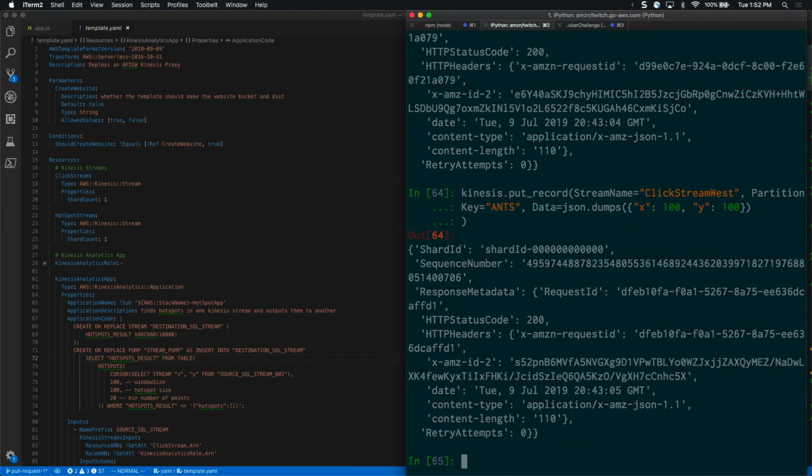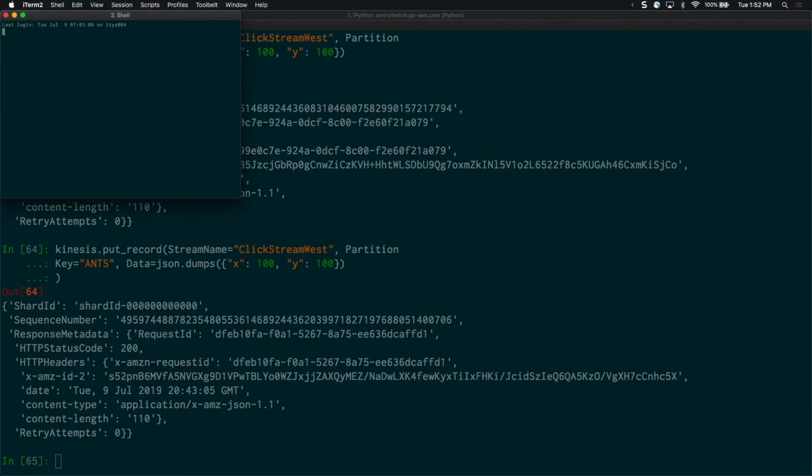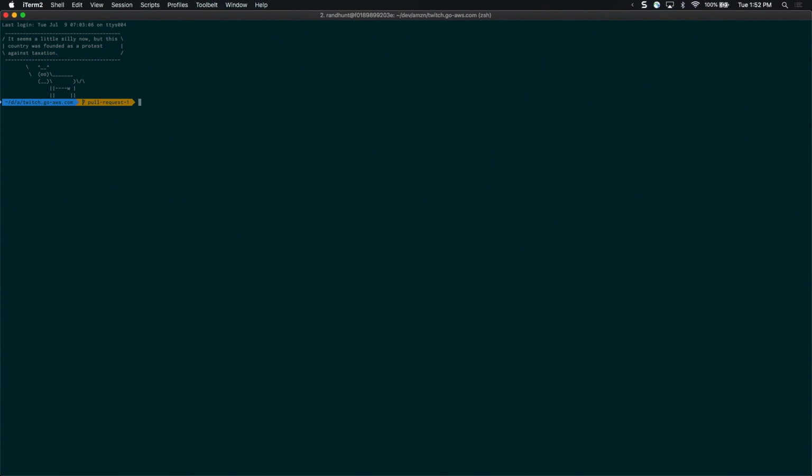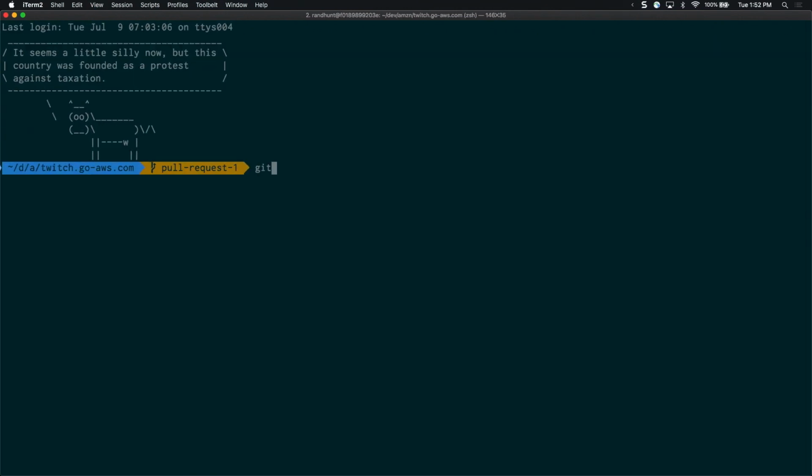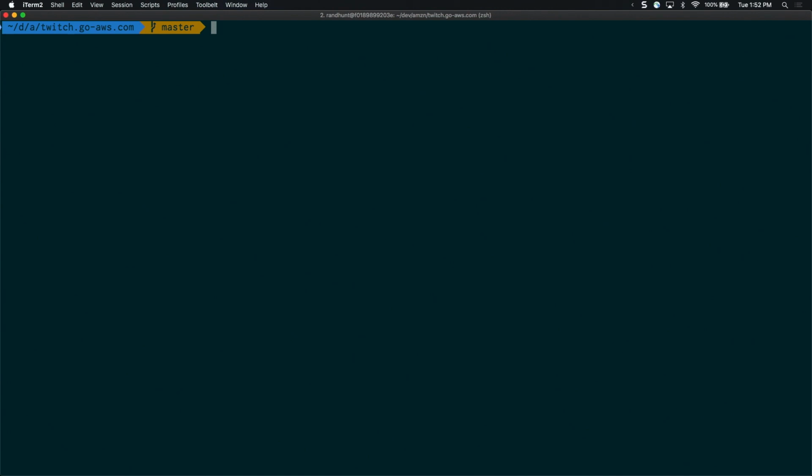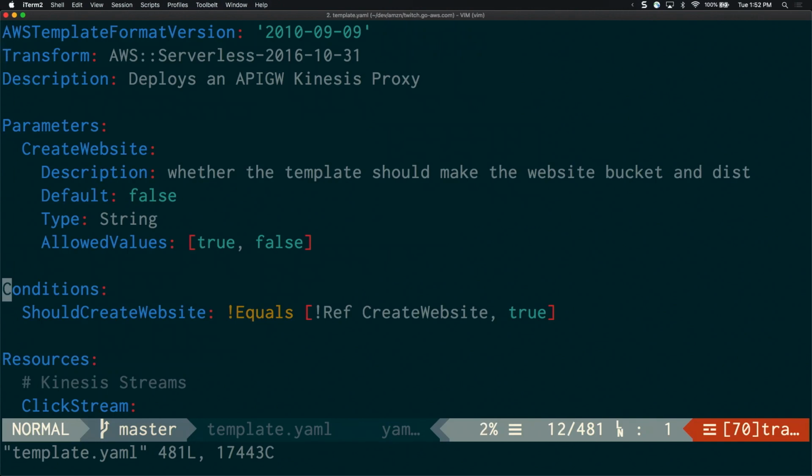I have Vim, so we can do this in Vim, which is the editor everyone should use anyway. That's an opinion. It's an objective reality. All right, so then we're going to say vim template.yaml, and over